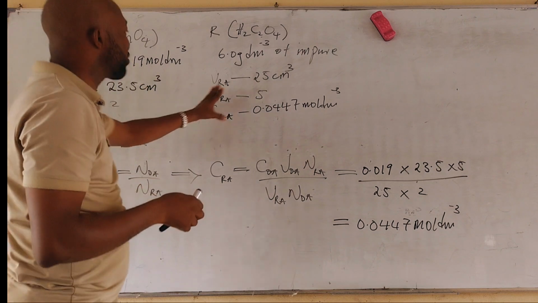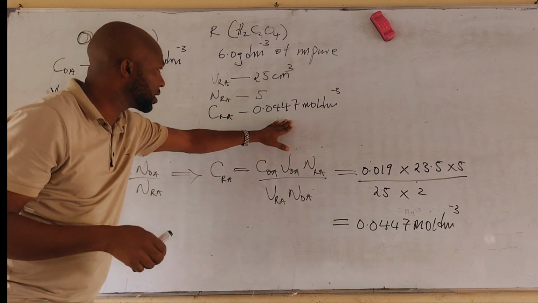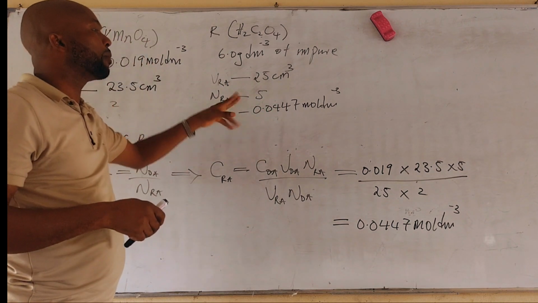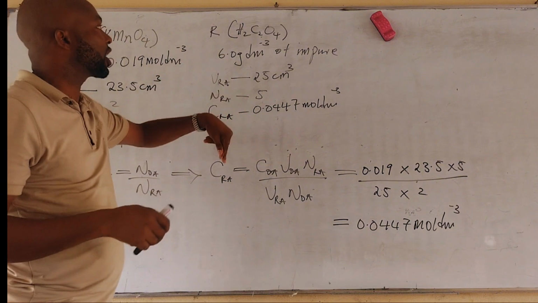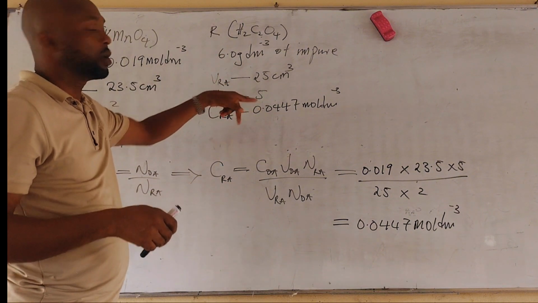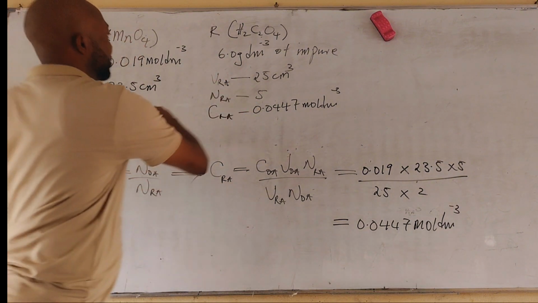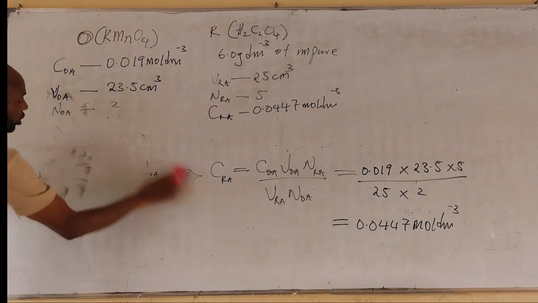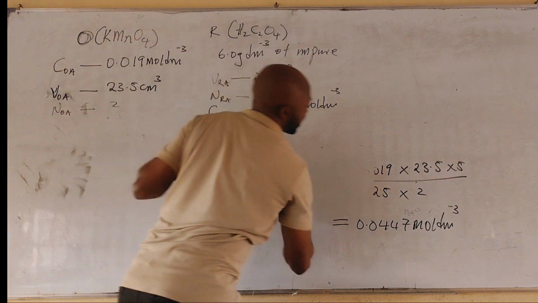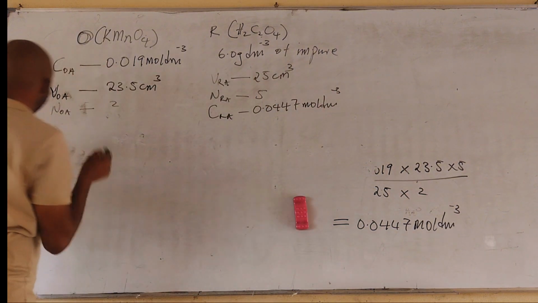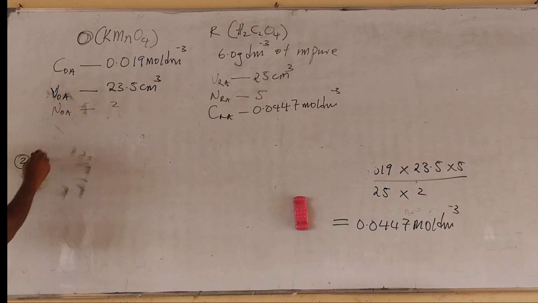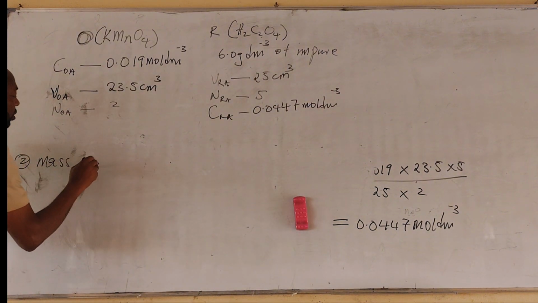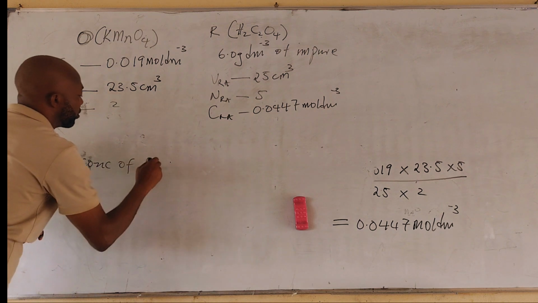So now we have to get a mass concentration. We've gotten this. We have to now use this to get the mass concentration of the pure ethanedioic acid. What is given is the impure. So let's see that. Two. Mass concentration of pure